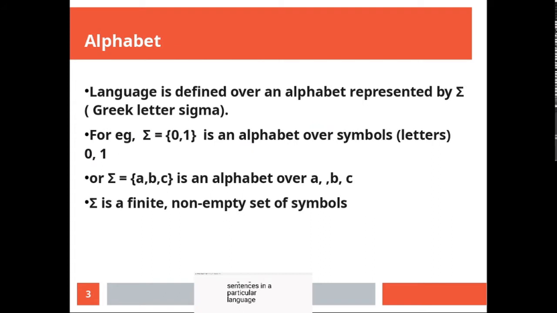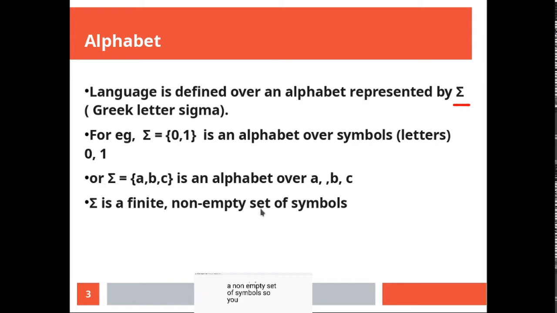If I talk about alphabet, in English you have an alphabet which has 26 input symbols or letters. So in this theory of computation, we will be talking about alphabet, which will be represented as sigma, the Greek letter sigma, and it is a set of input symbols. In this case, your input symbols are 0 and 1 only. Here your input symbols are A, B and C. This set is finite, and this set is generally not empty. So this is a non-empty set of symbols.